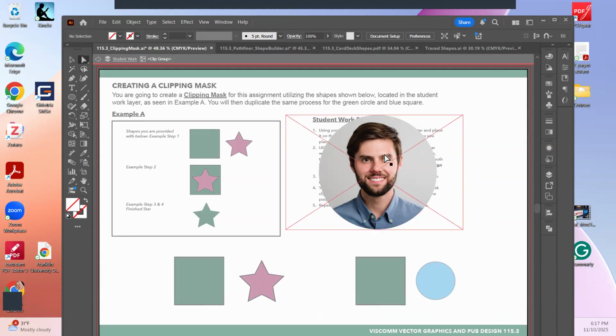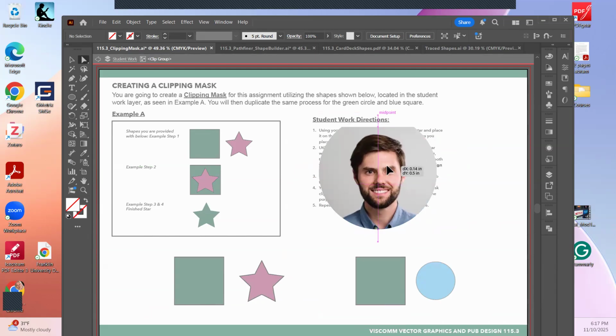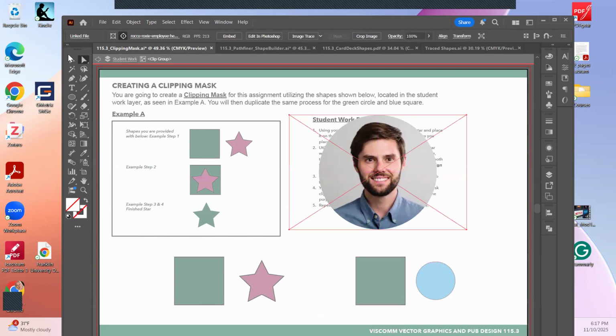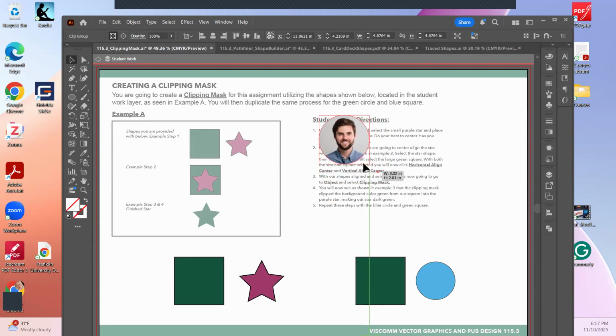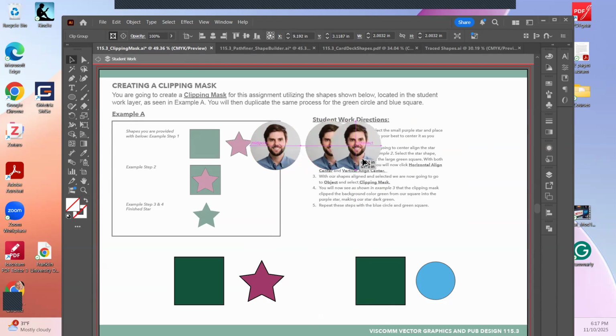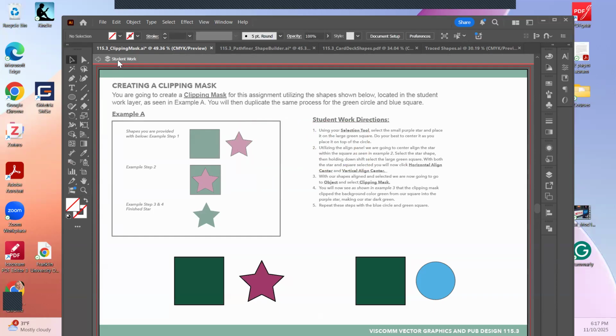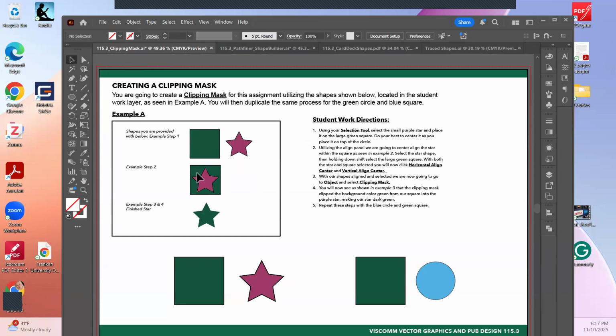Interestingly, the picture behind here is still editable. So it's still within the circle, and I could technically go in here and I could make this circle smaller. I could have multiple staff photos and I could create individual files of each one of these, or I could maybe create a PDF that has the names of them all underneath here and make like a company profile for somebody that has the directory of who works at our location. Now that I've done this, I think it's going to make better sense with the shapes,